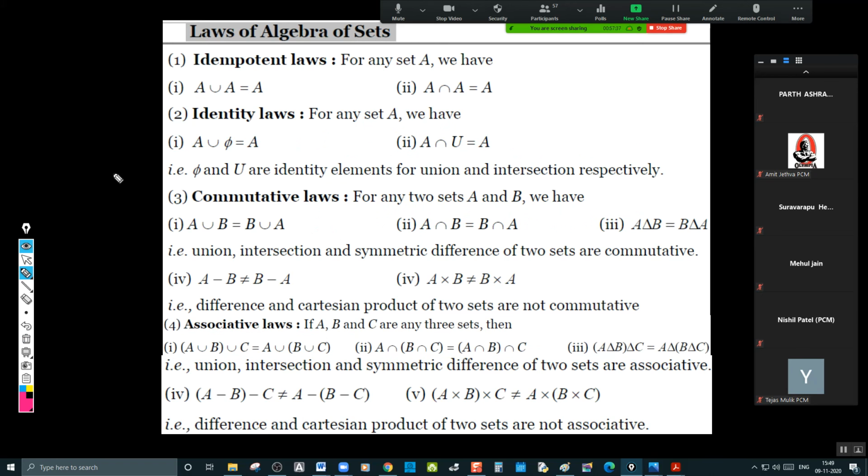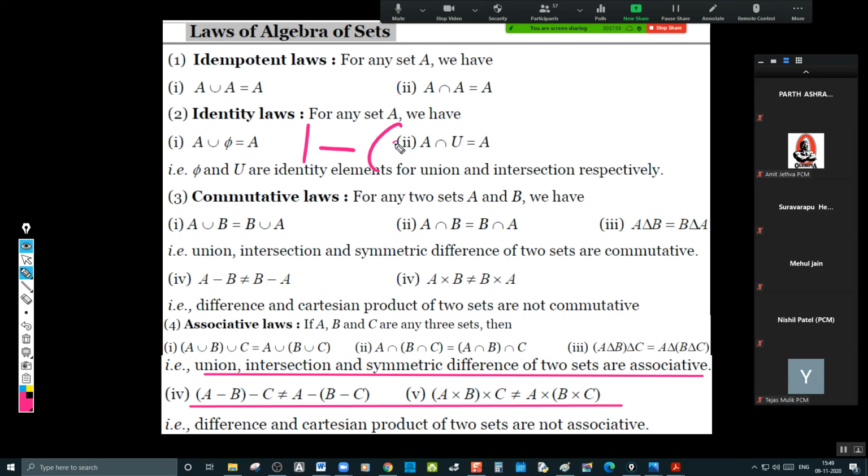Yeah, there, sir. So next one is the union, intersection, symmetric difference of two sets are associative. That's what it is, associative. And this is not associative. Subtraction here, a minus b minus c is not equal to a minus of b minus c. It's obvious. Whatever the rules we follow for real number system,